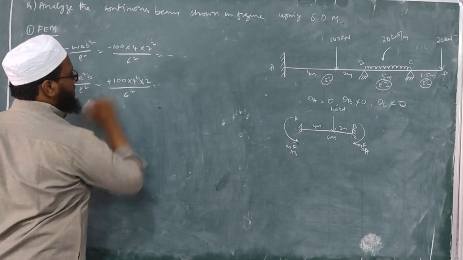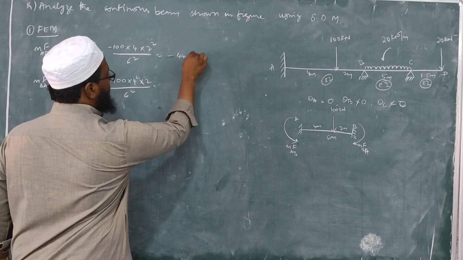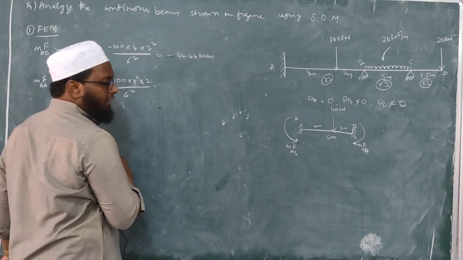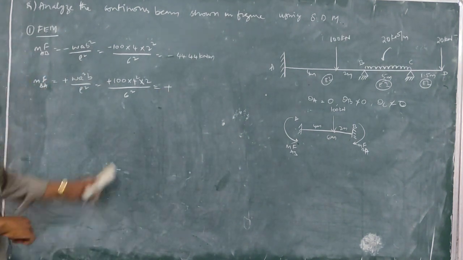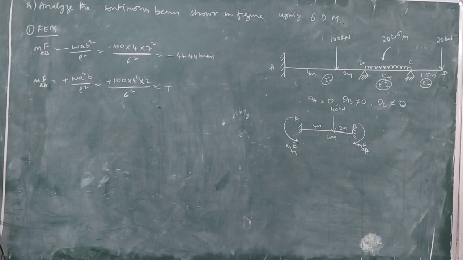MF AB will come in negative sign, 44.44 kilonewton meter. What about this one? This one will be in positive sign. So 100 into 4, 4 4s are 16, 16 into 100, divided by 6 square,